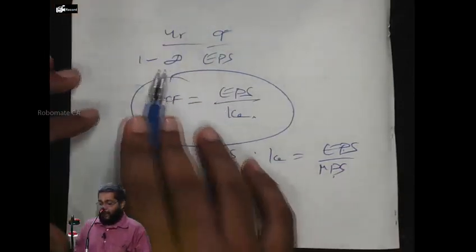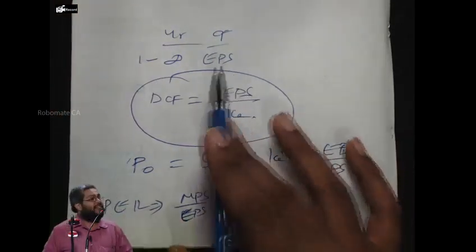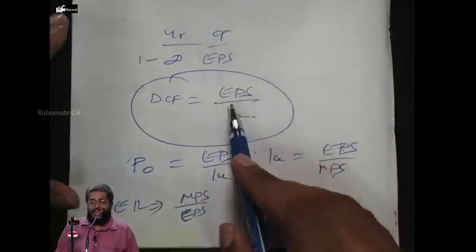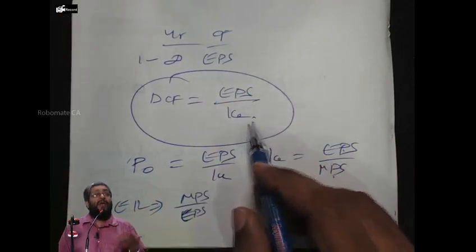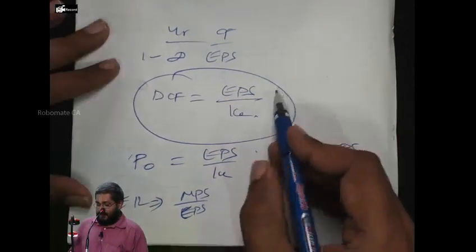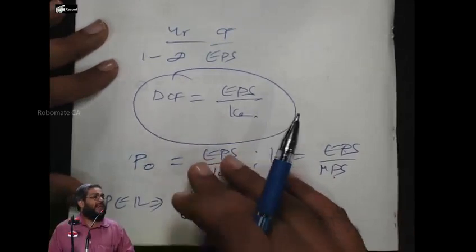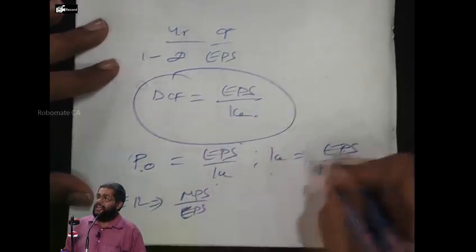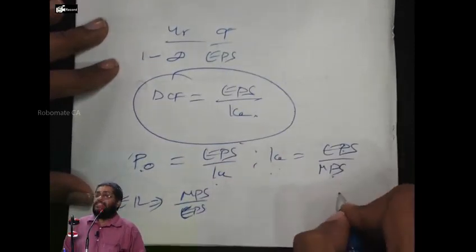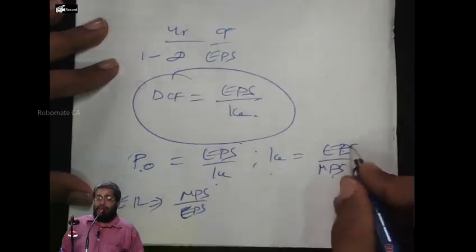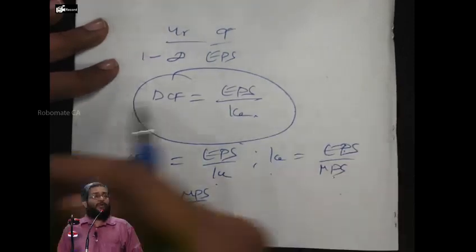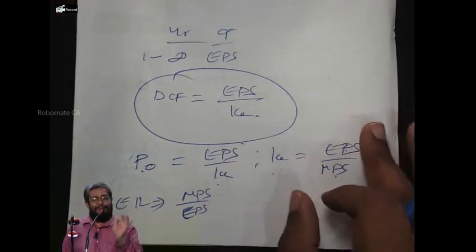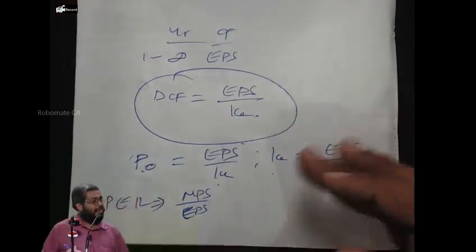Now tell me. I am going to get infinite years of EPS. What is the value of the share? The present value of the infinite years of earnings. What is the present value of the infinite years of EPS? EPS divided by the discount rate. What is the discount rate required? KE. EPS by KE gives you the value of the share today. But what is KE? EPS divided by share price. Share price by EPS is the PE ratio. EPS by share price is KE. So 1 by KE is equal to the PE ratio. 1 by PE ratio is equal to KE.